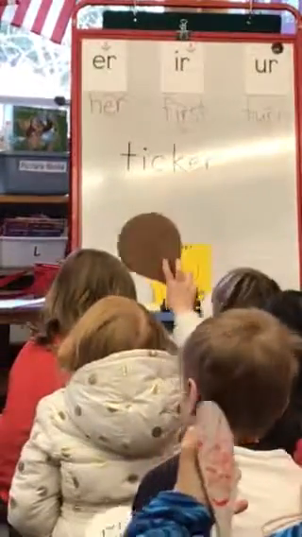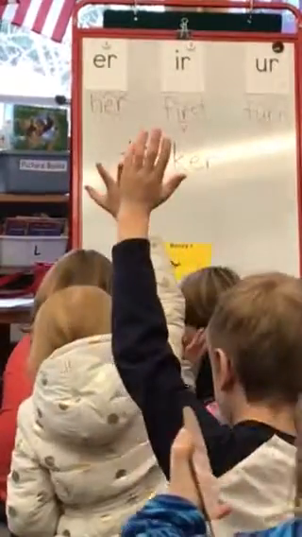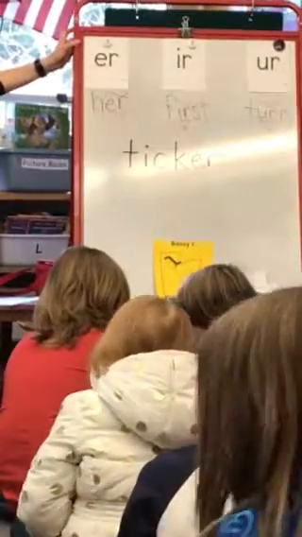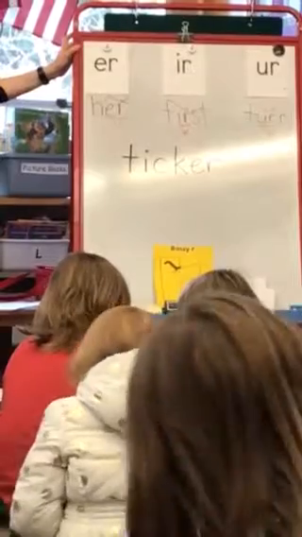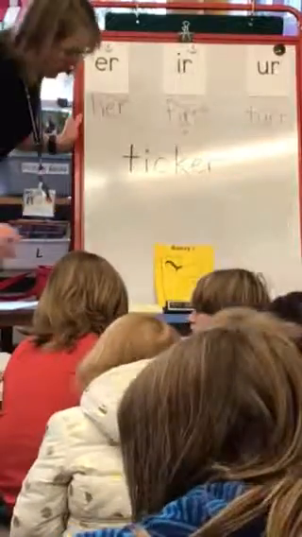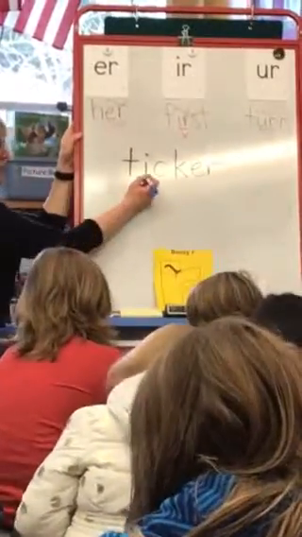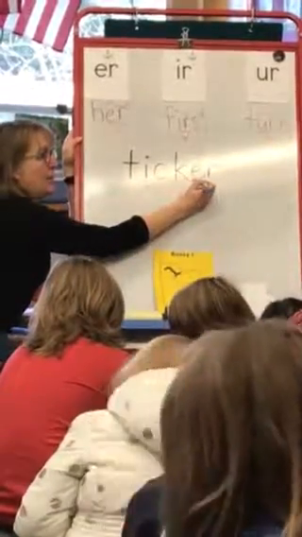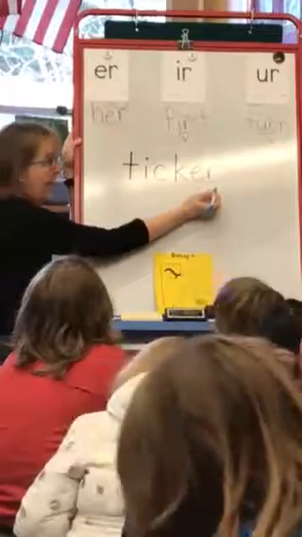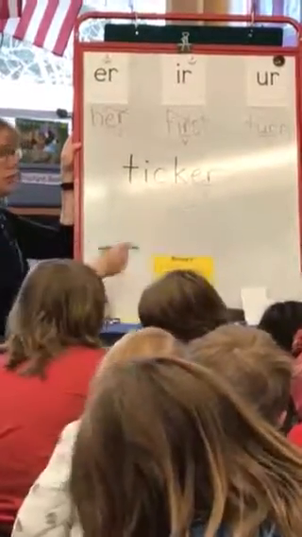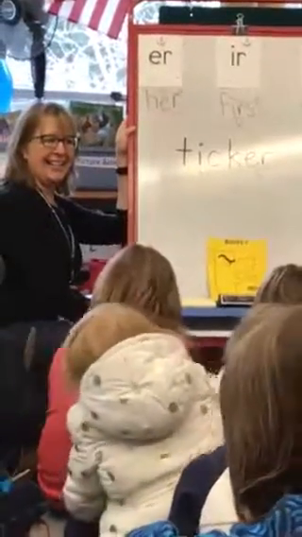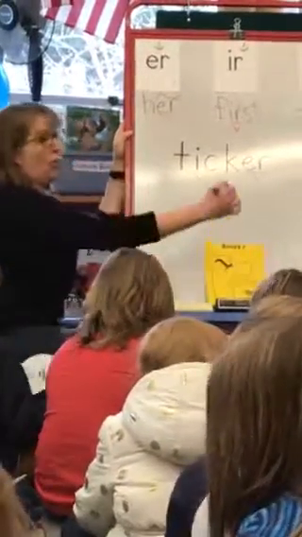Okay, who wants to tell me what to do first up here? What am I going to do first? Penelope? Okay, so did you hear that? First, I'm going to underline the two vowels. And this one is E, but I'm noticing that there's an R attached, so I'm going to underline that one too. Okay, then what am I going to do, Ellie? Then you're going to pull down and mark